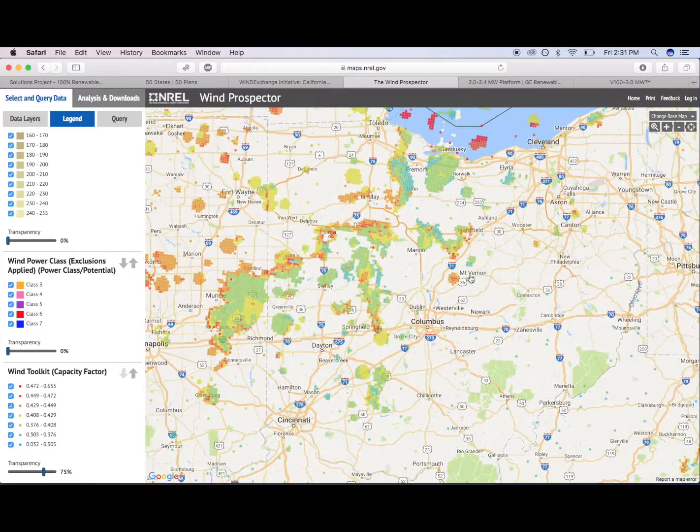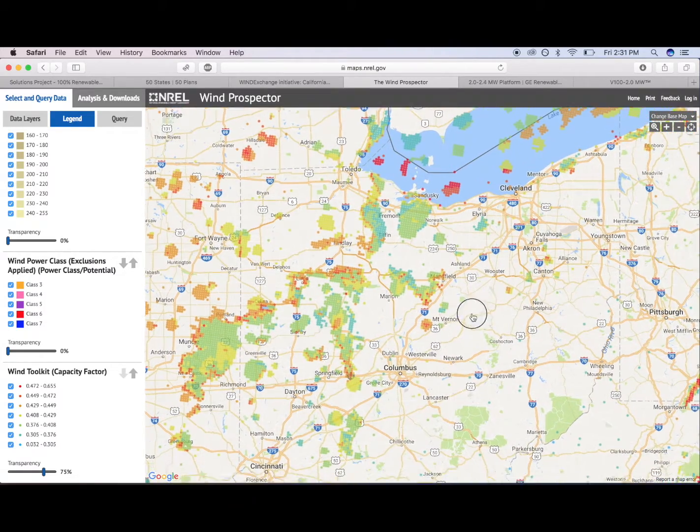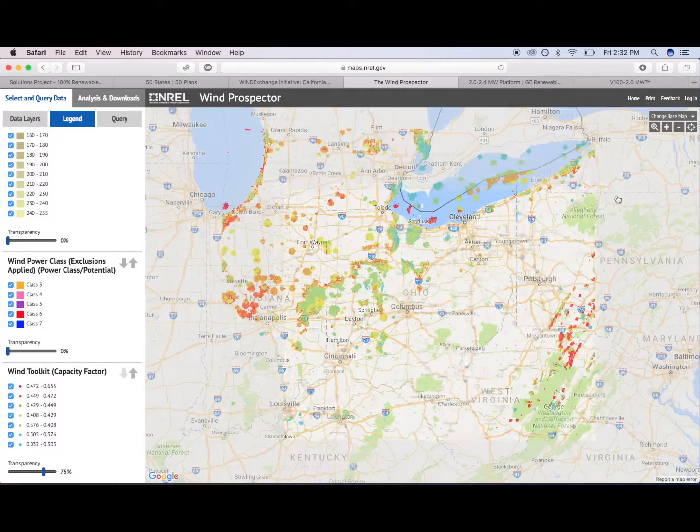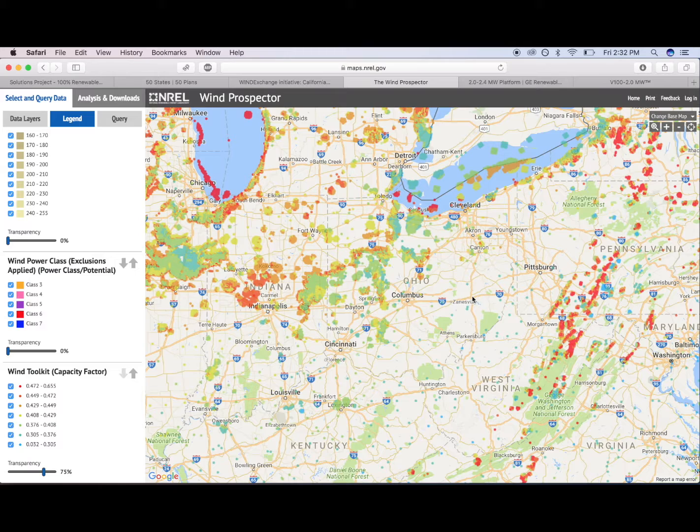And after this, you're just going to take a look at some areas. Then you're going to research a wind site that is currently being built in your state. And just let me know if you think it's a good place to put a wind farm, or if they did a good job siting that wind farm.